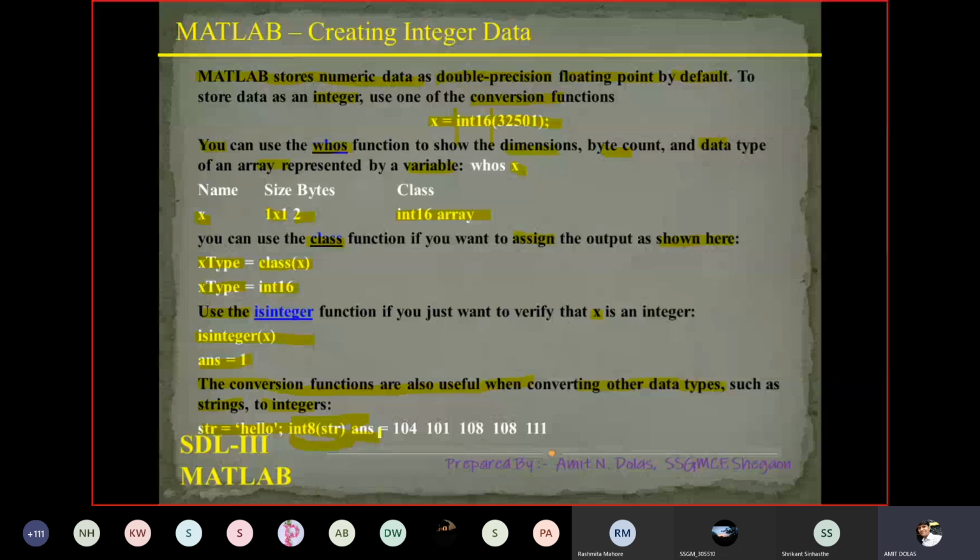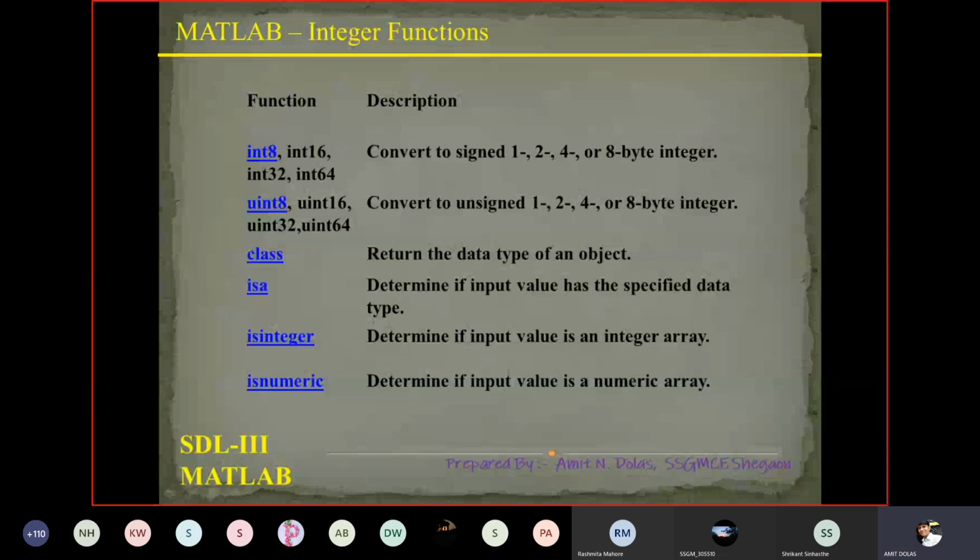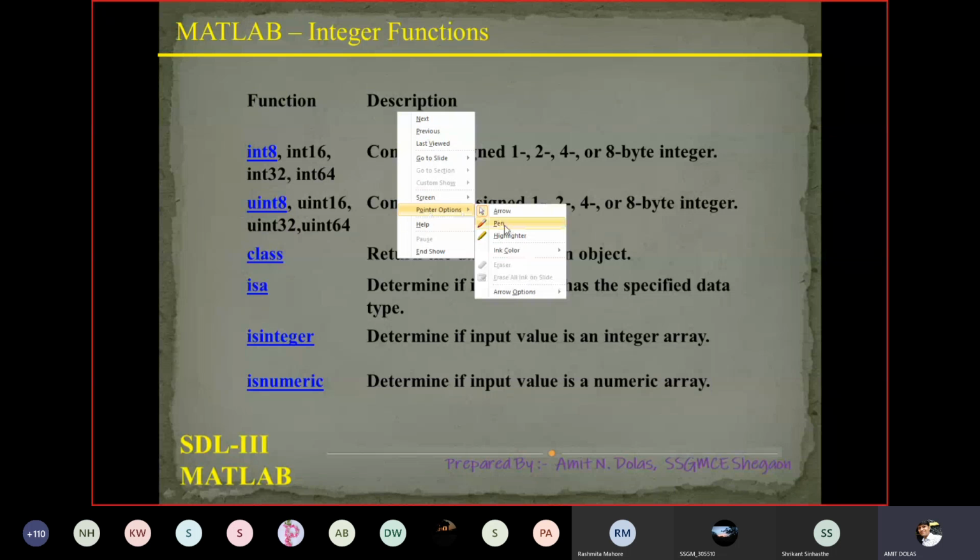Moving to the next PPT, integer functions. Some of these we may have used during this lecture, so we'll not repeat them again. So here are the functions and their descriptions.